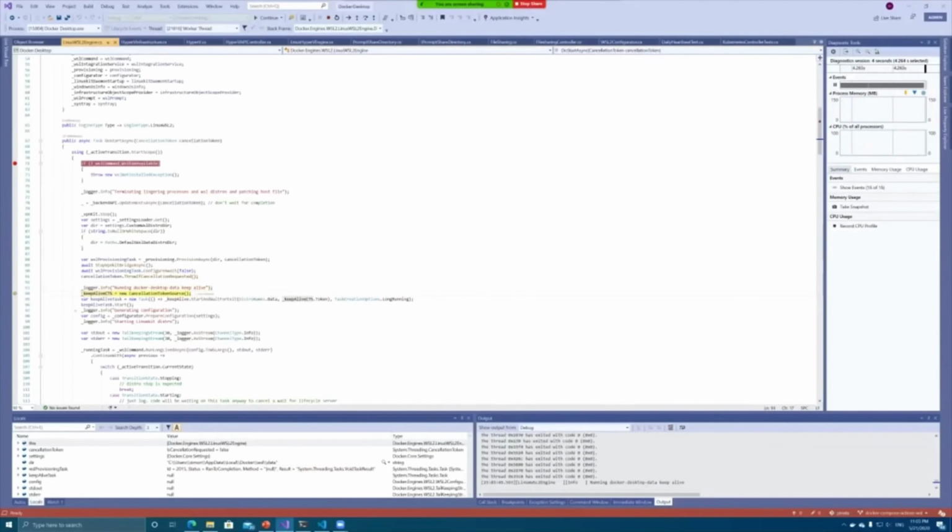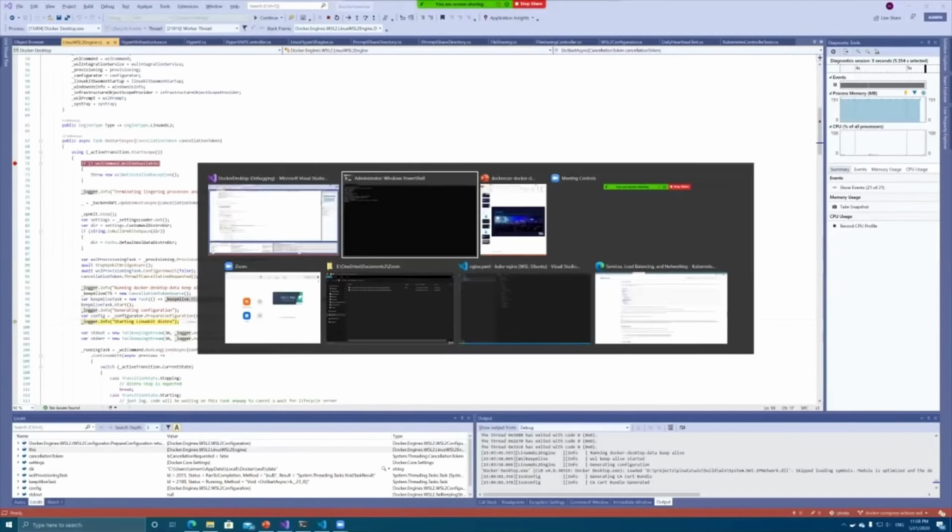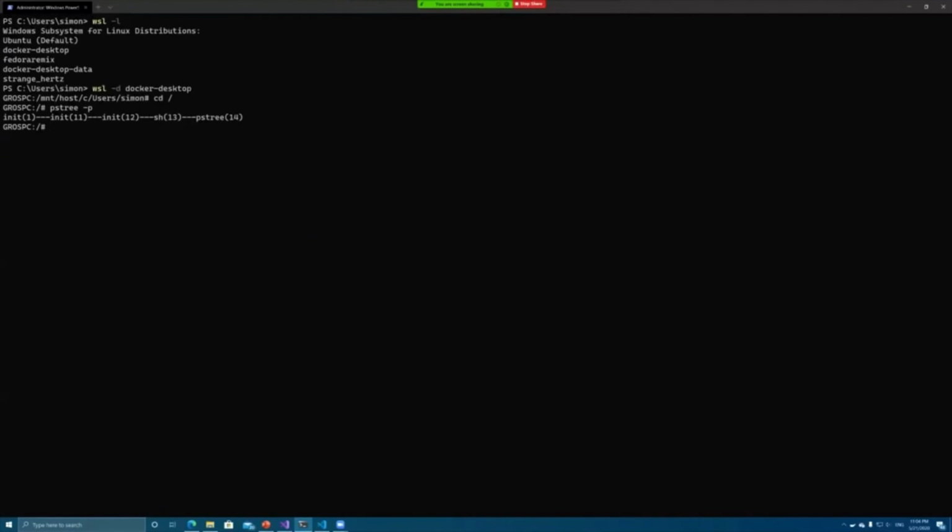So the second thing that we do is that we actually start a little process in the Docker Desktop data distro to make sure that WSL doesn't terminate it, and we create a few bind mounts that are accessible from Docker Desktop. So now that Docker Desktop data is started,